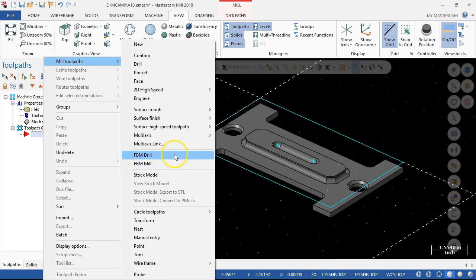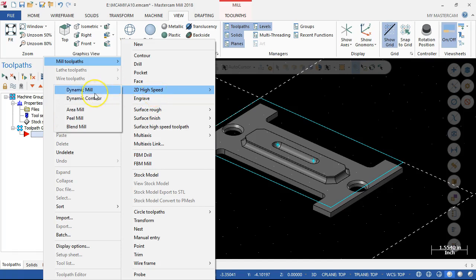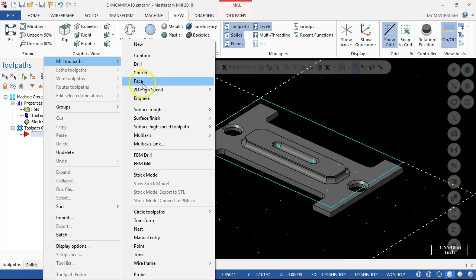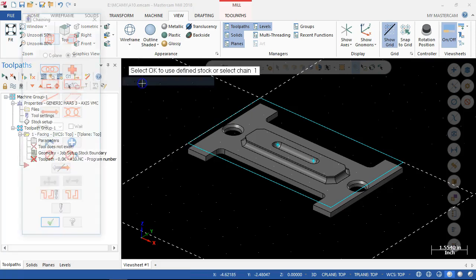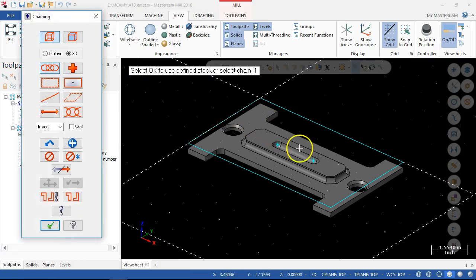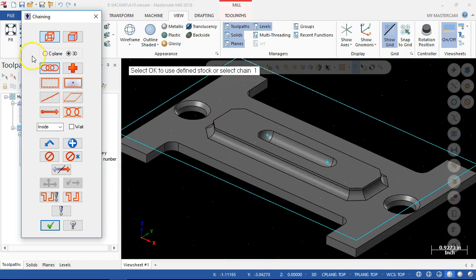All right, we do need to mention the feature-based machining. So let's go ahead and run through it standard, and then I'll do just a quick couple of operations with the FBM. All right, so facing has that same issue. Do I want to face just in the geometry that is going to end up being the face, or do I want to cover all of the material? Well,